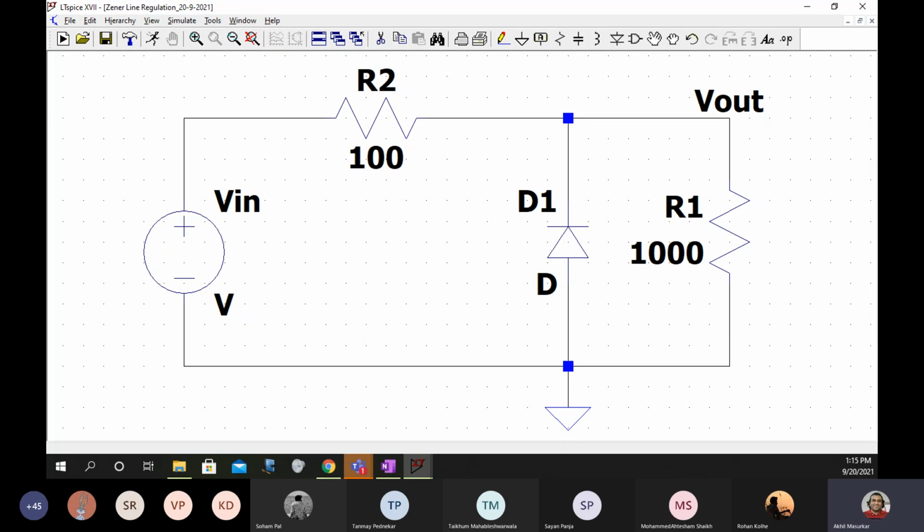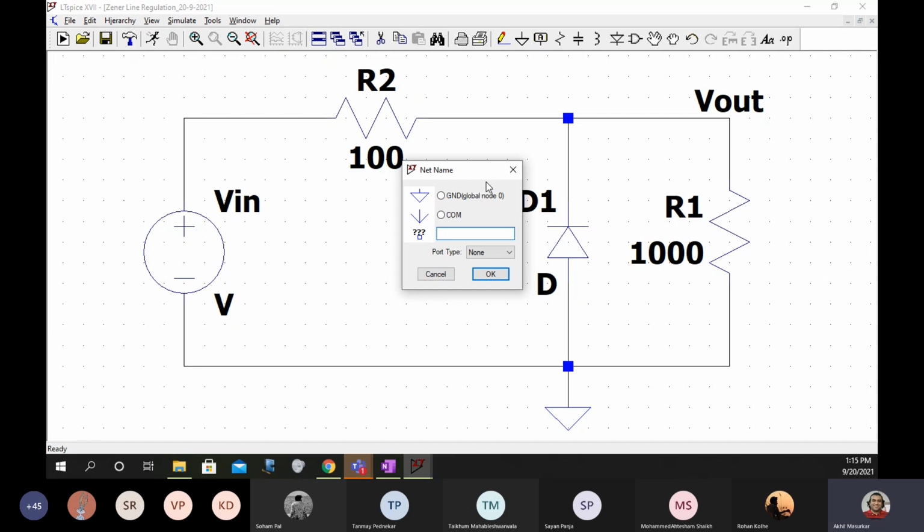Okay, Soham, I can see your circuit, but you have not labeled V out. You have not shown V out. Did you get that? Yes, sir. So how will you name V out? You will use this net name.